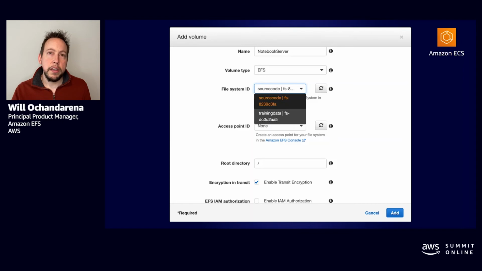You would later configure where you would want this file system to be mounted into your container using the container side of the task definition, and then you're done. So you would do it this way, whether you do it from the console, the CLI, or the API. It's just creating a volume.